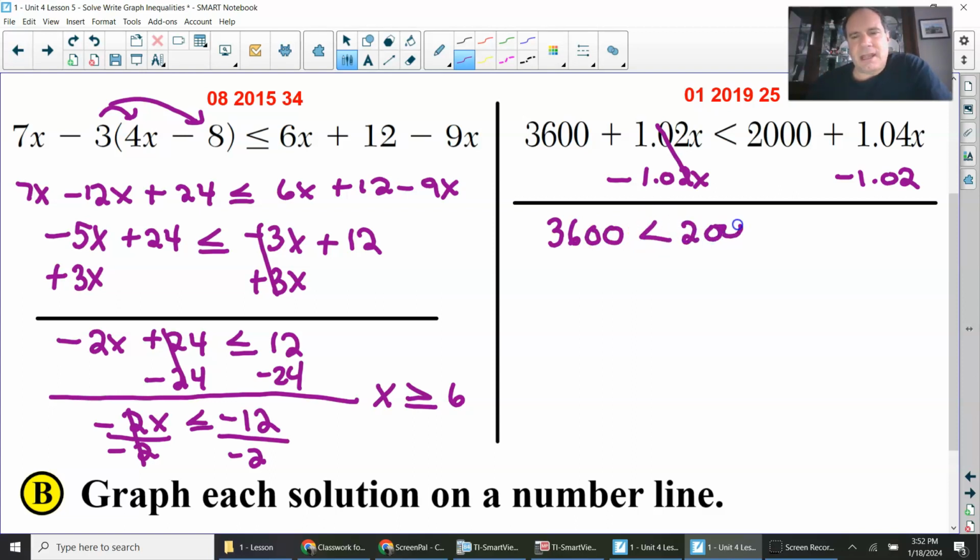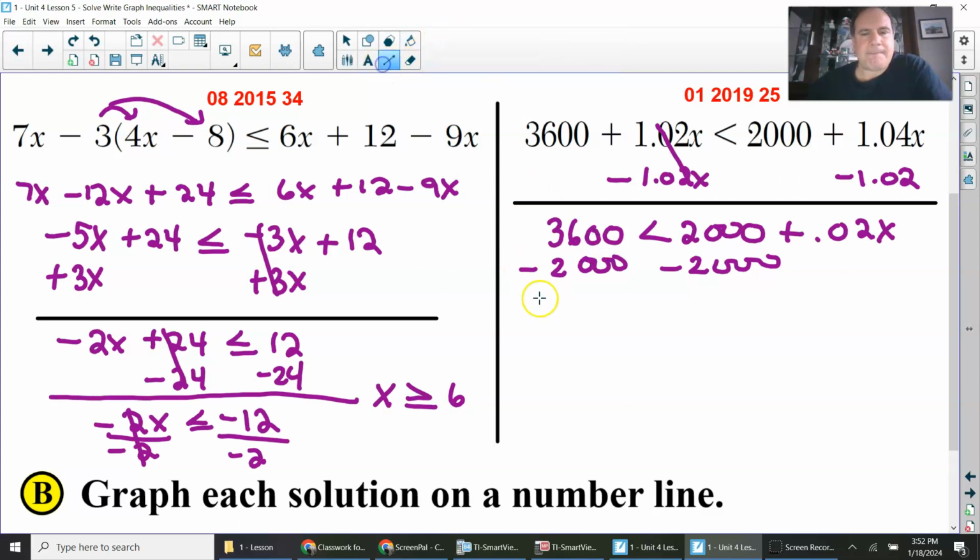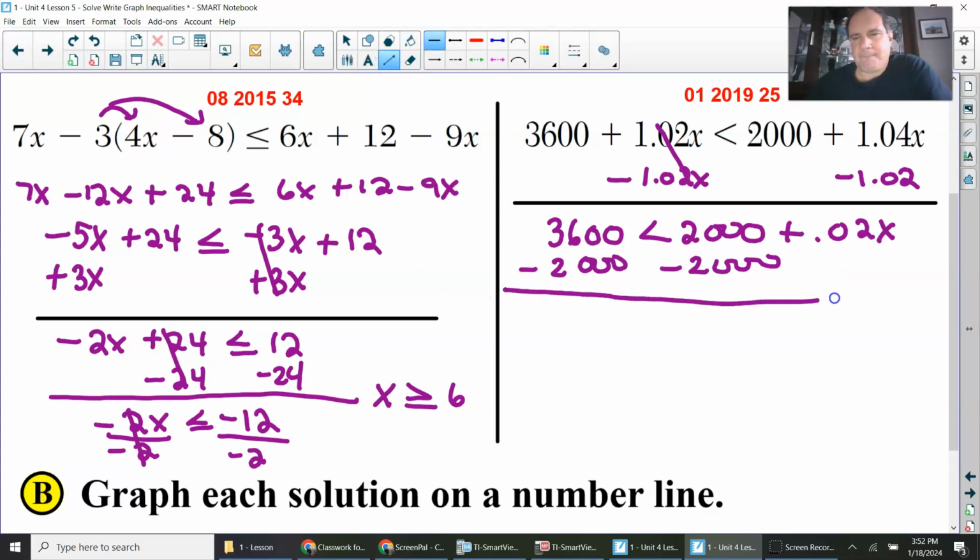I'm going to bring everything down the way it is, and I'm going to bring down plus 0.02x, because that's what this is. I'm going to subtract 2,000 on both sides. This cancels. Then I'm going to have 1,600